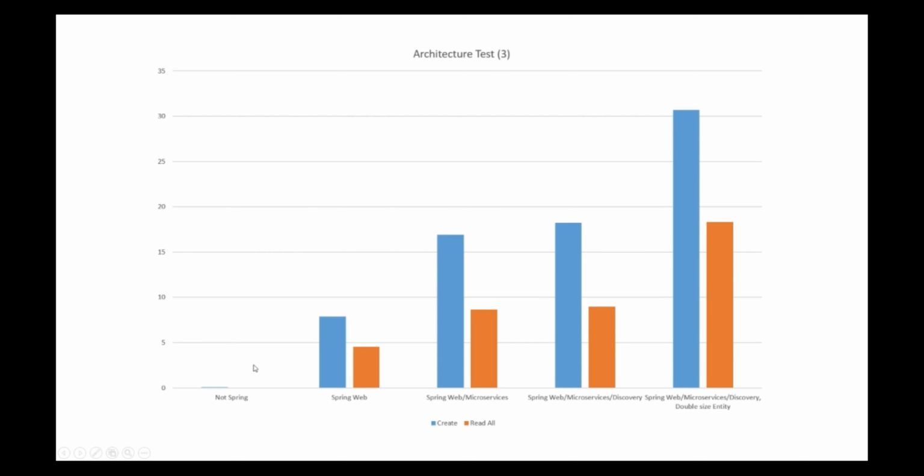These are milliseconds on the y-axis. So Spring Web, we're getting very fast results. With microservices, I would say it's approximately doubling, so that makes sense. To call one Spring service takes some time, so for that to call another one is sort of doubling the time. Adding the discovery server seems to have slowed things down slightly, and doubling the size of the